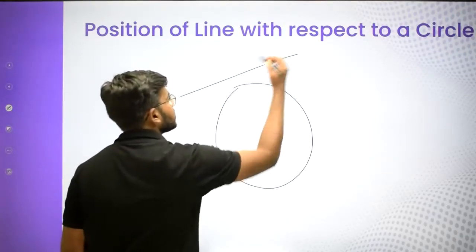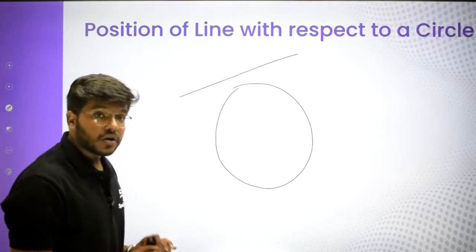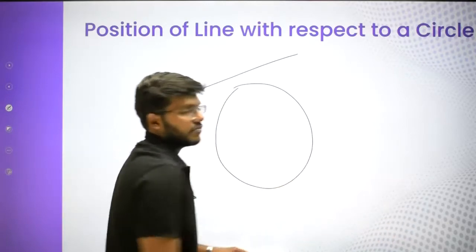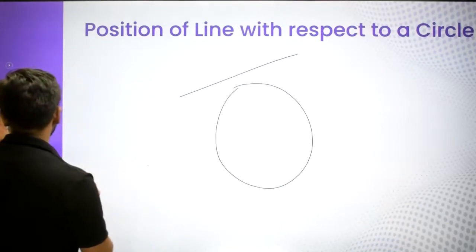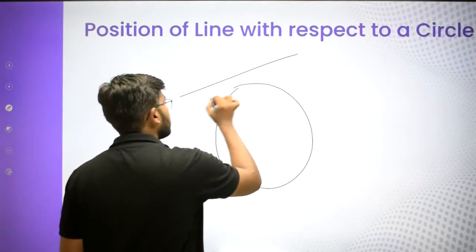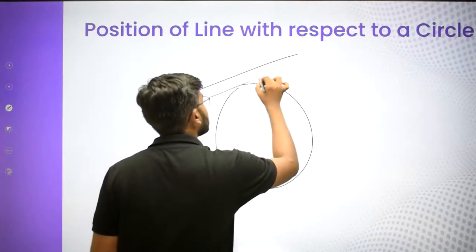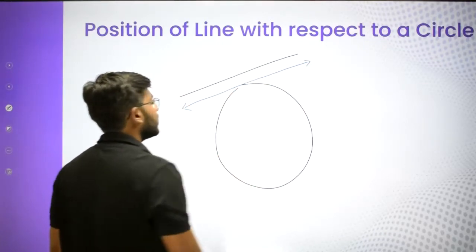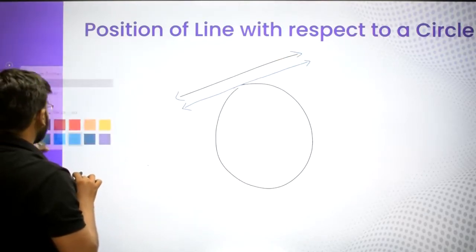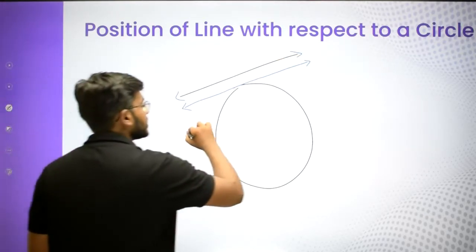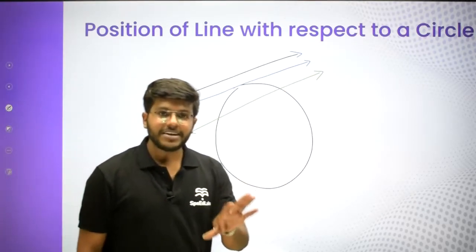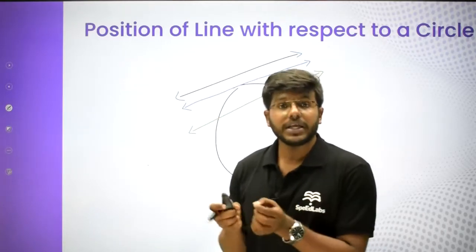So guys, can you say basically there are going to be three cases. Either you can draw a straight line like this, which is not intersecting the circle. Okay, if you draw these kinds of lines, they are all the same, which are not intersecting the circle, right? ये एक केस हो गया. दूसरा केस क्या हो सकता है? Guys, the second case can be when the line is touching the circle, right? This can be the second case, all right? And the third case can be when you have a line something like this. That means intersecting the circle. So can we say that these are the only three conditions, right?